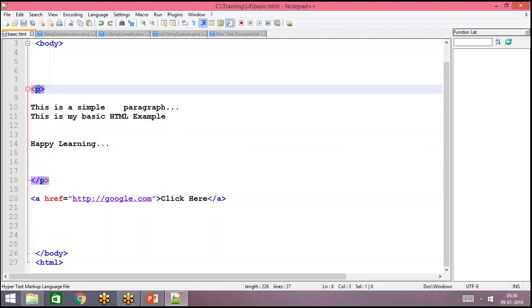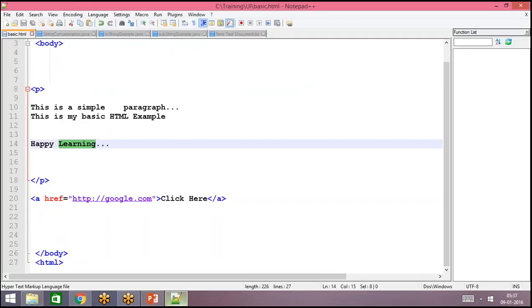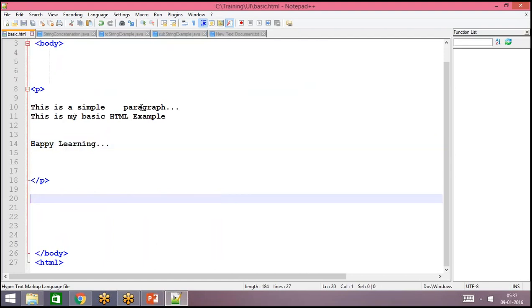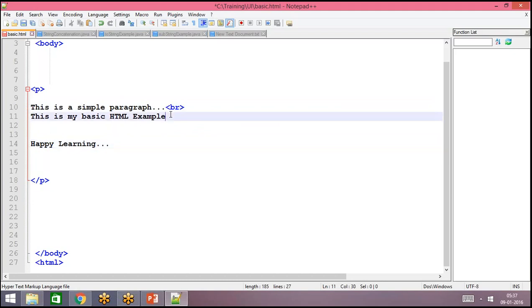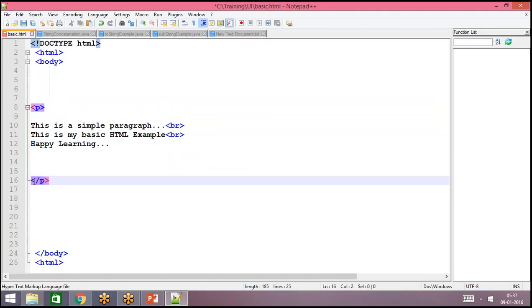Generally with the p tag, this will be shown in a single line only. But instead of this, I will add line breaks by adding the br tag. And we need not write any end tag for the br tag. It's an empty HTML tag.